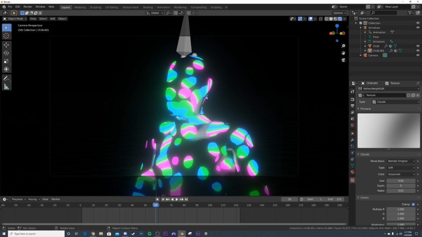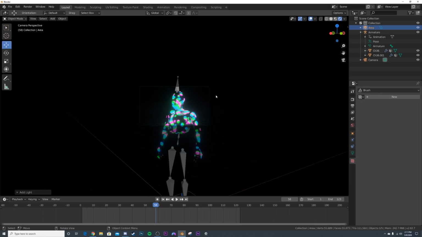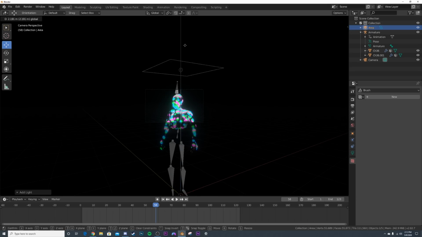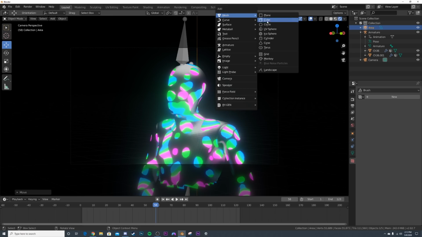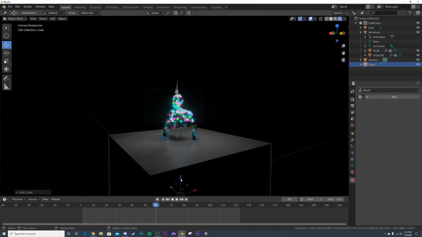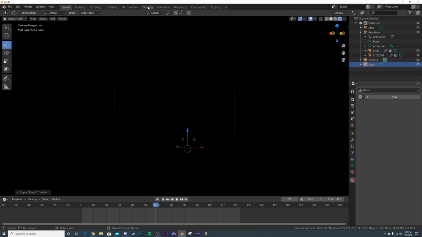Let's go ahead and add in an area light. So shift A, go ahead, get the light area, and then we'll bring it up like this. And we'll play with that in a minute once we add in our volume. So we're going to add in a volume cube, and then we'll bring this up right here, scale it, Control A, apply scale. We'll go to shading,